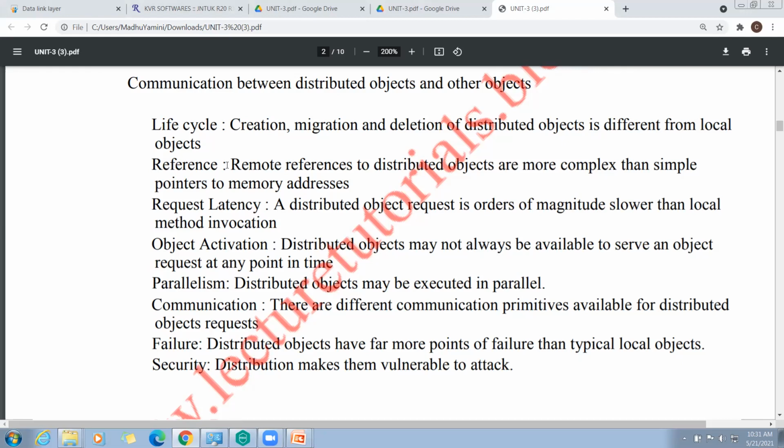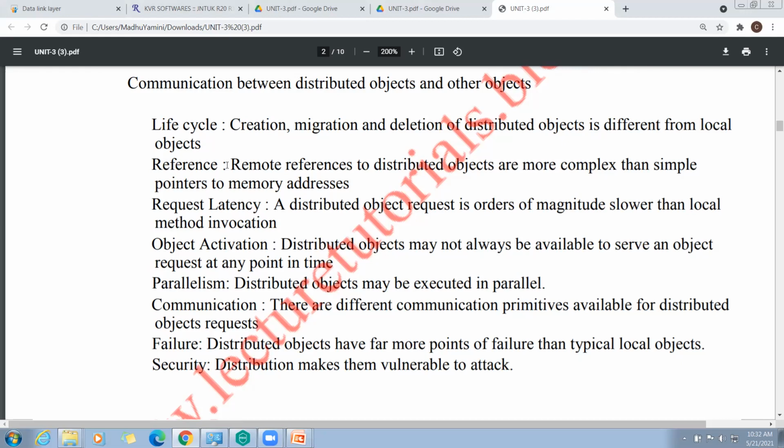Next, communication. The main concept is communication. There are different communication primitives available for distributed objects. Next, failure. Distributed objects have far more points of failure than typical local objects.